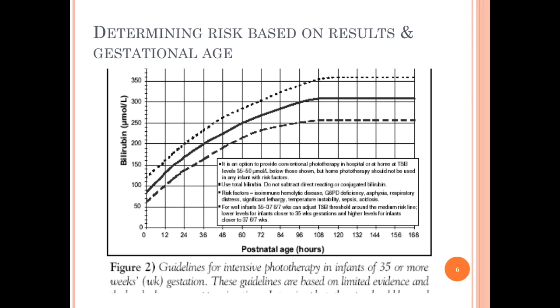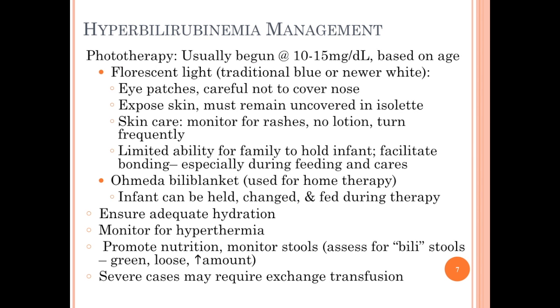and we use it to decide whether or not this kid needs to be treated. You're going to learn more about that when we are in OB, and every postpartum unit and nursery has a table just like that where we can plot the risk. In fact, I believe the website is billytool.org, something like that,